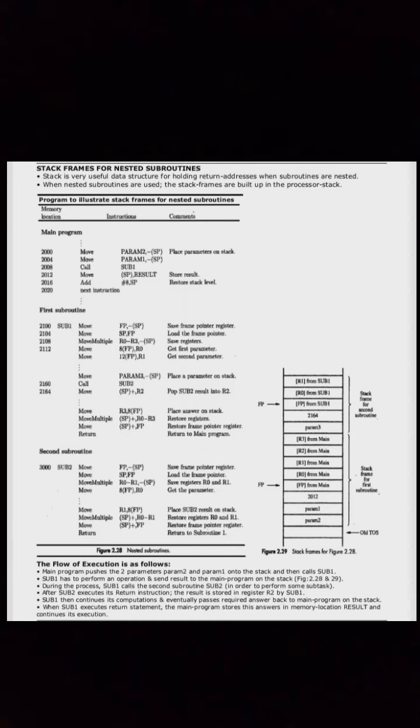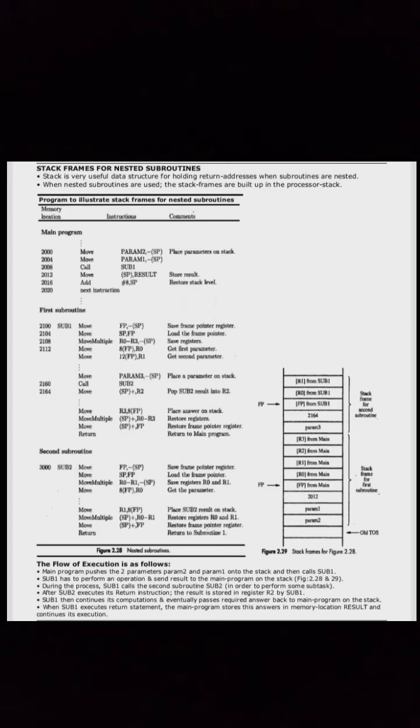The main program pushes the two parameters param2 and param1 onto the stack and then calls sub1. Sub1 has to perform an operation and send a result to the main program on the stack. See the figures 2.28 and 2.29. During the process, sub1 calls the second subroutine sub2 in order to perform some subtask.